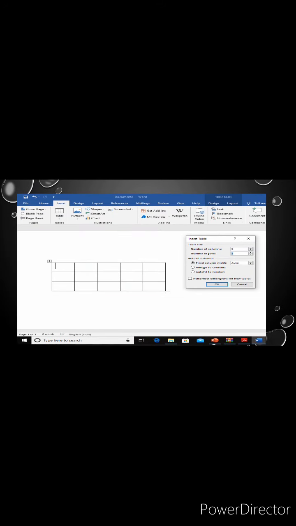Here we can see how to create the table. See here, you want to click Insert. After clicking Insert, you can see the drop down button, right? If you click the drop down button here, you'll get this dialog box, the Insert Table dialog box. You want to select how many columns and how many rows you need. So I gave 5 and 3, 5 columns and 3 rows. Then I clicked OK, so this table is created.